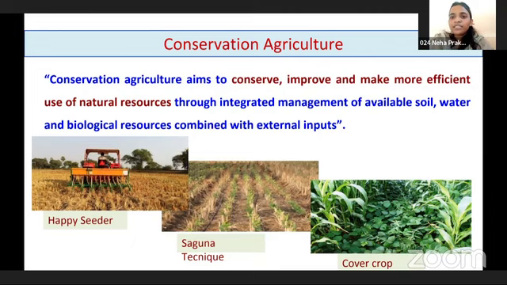Then another one is a Saguna technique of the rice cultivation is there. This is also known as the SRI technique, where this is also the no-till conservation agriculture practices, where we have to cultivate the rice crop directly into the field. There is no need of the tillages and stubble burning of the rice. The another conservation practice, that is a crop cover. We have to cover the soil from the various cropping system. So there is a minimizing the loss of carbon from the soil.